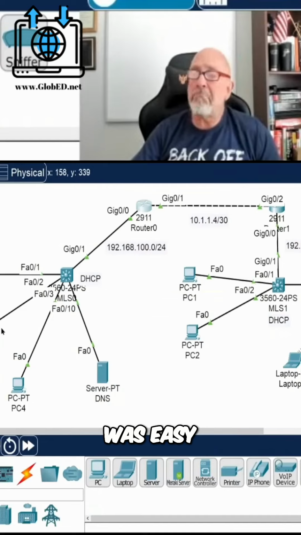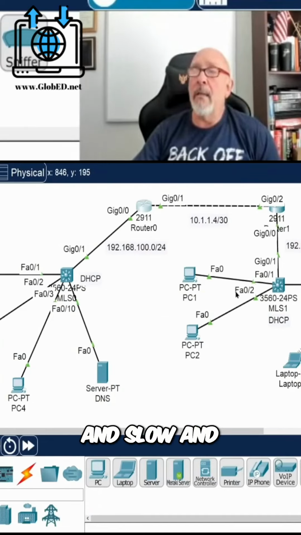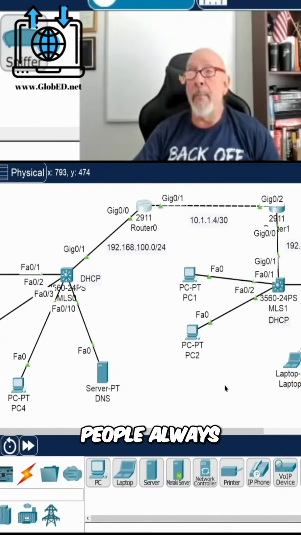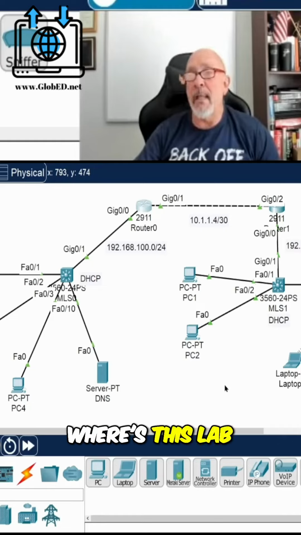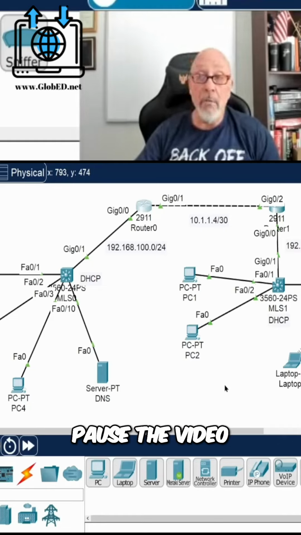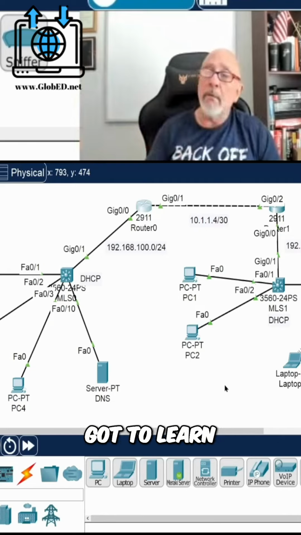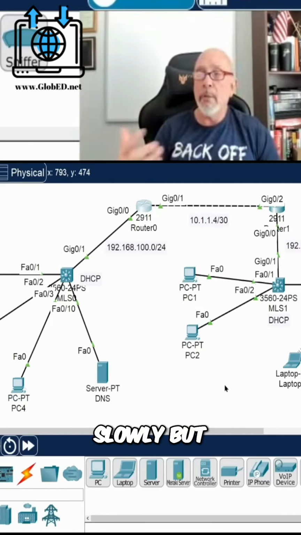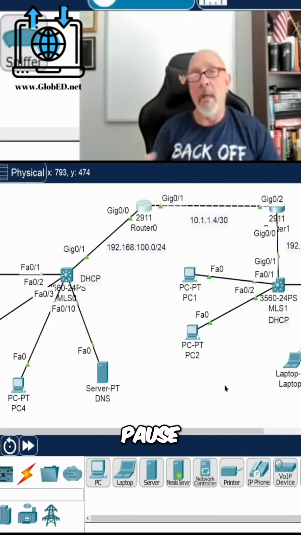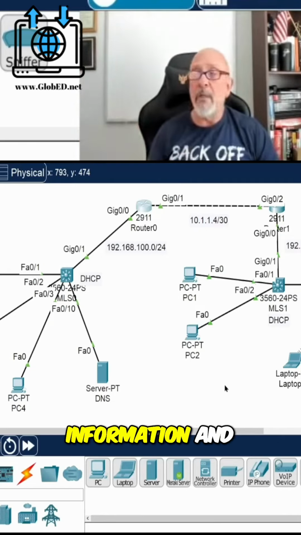We see that this was easy. We took it nice and slow, and we configured it, okay? So now people always ask me this question: labs, where's this lab? It's in the video. Pause the video, take a snippet of it, connect, create your lab, because you got to learn. Create your lab, and then slowly but surely, as you go, pause, grab the information,